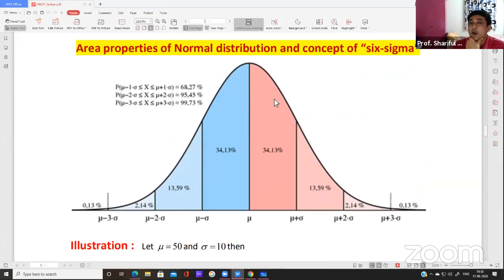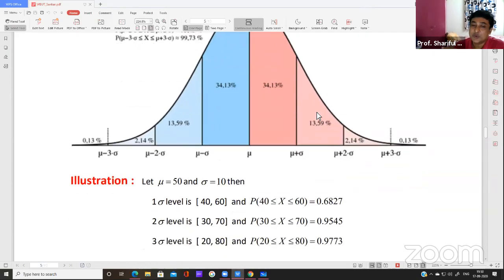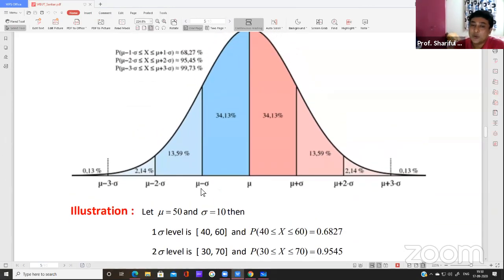So a normal distribution satisfies a beautiful property regarding its area. What is that area property? This is the 1 sigma level. Whatever the mean of a standard normal distribution, within this 1 sigma level, that means from mu minus 1 sigma to mu plus 1 sigma, within this range the area is fixed, and this area is